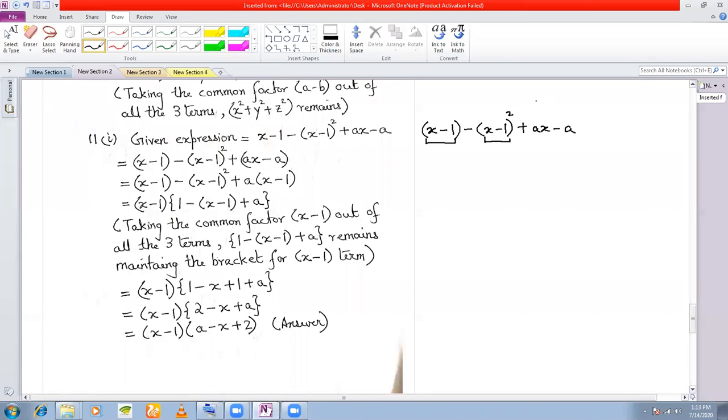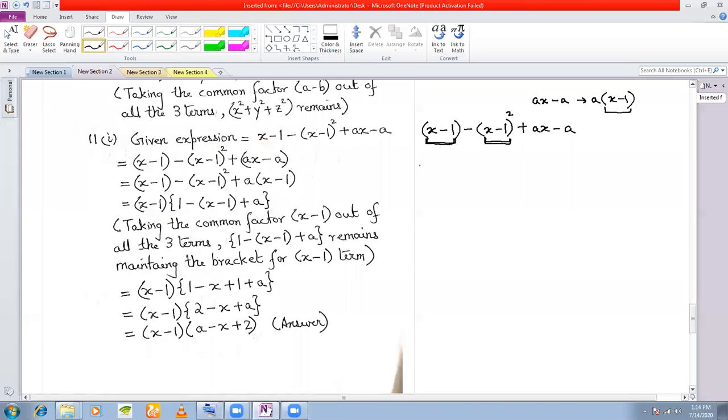And also you see that if you group these two terms together, ax minus a, from this, if you take a as the HCF, you'll get x minus 1, isn't it? This much you can do mentally, right? So what you see is that you are getting x minus 1 here, x minus 1 repeated factor. Also you are getting x minus 1 here. So you are getting x minus 1, which you can take out very easily, right?